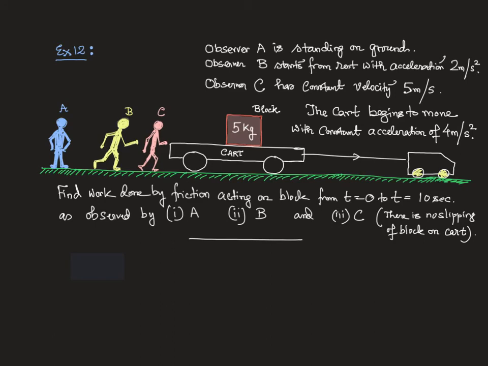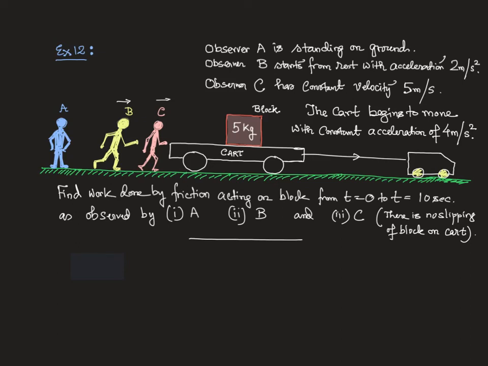Now this problem is to show that work done is dependent on the frame of reference. So three frames of reference are here: observer A, observer B, and observer C. Observer A is standing on the ground, B starts to move with a constant acceleration of 2 meter per second square towards the right, and C moves with a constant velocity of 5 meter per second towards the right. Now the cart begins to move, obviously from rest, with a constant acceleration of 4 meter per second square. Find work done by friction acting on the block from t equal to 0 to t equal to 10 seconds,